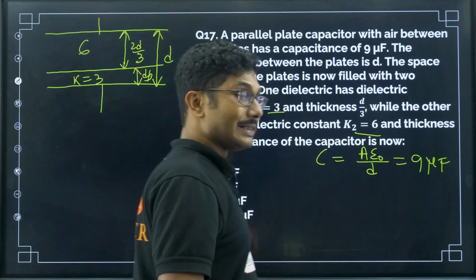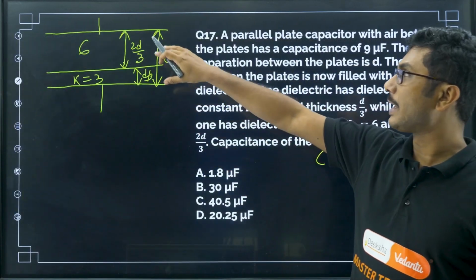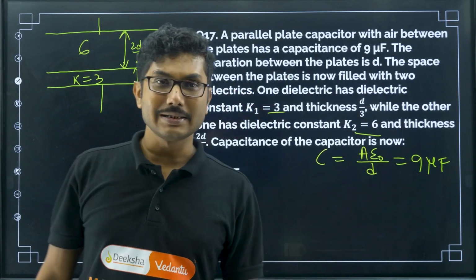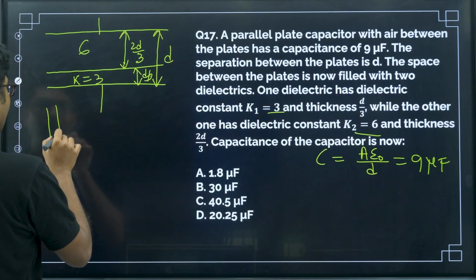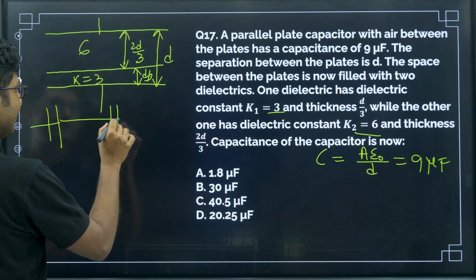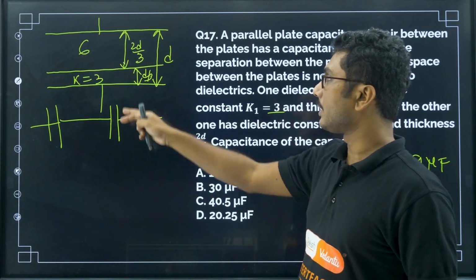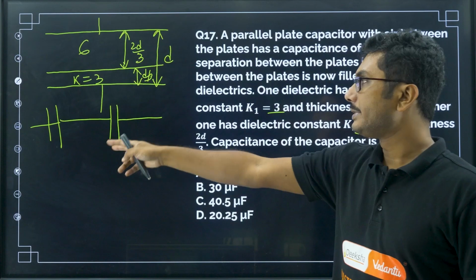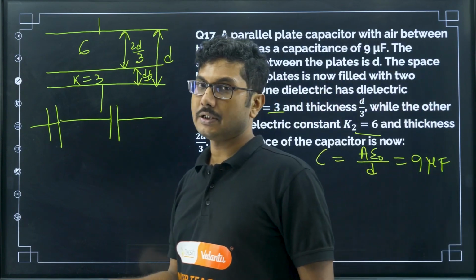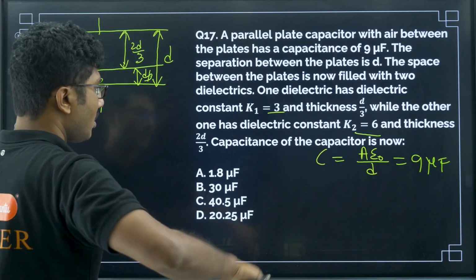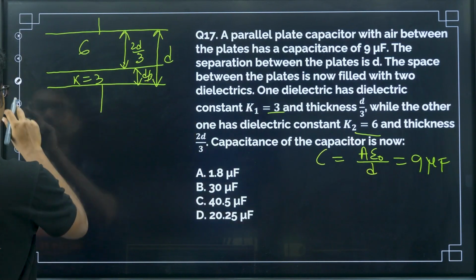Now, as I discussed in the previous problem as well, you can consider these as 2 separate capacitors connected in series. Okay, one with D by 2, another one is D by 3, they are connected in series. So what we will do? First we will calculate the individual capacitances and then we will simply find the combination in series. So let's do that. So C1